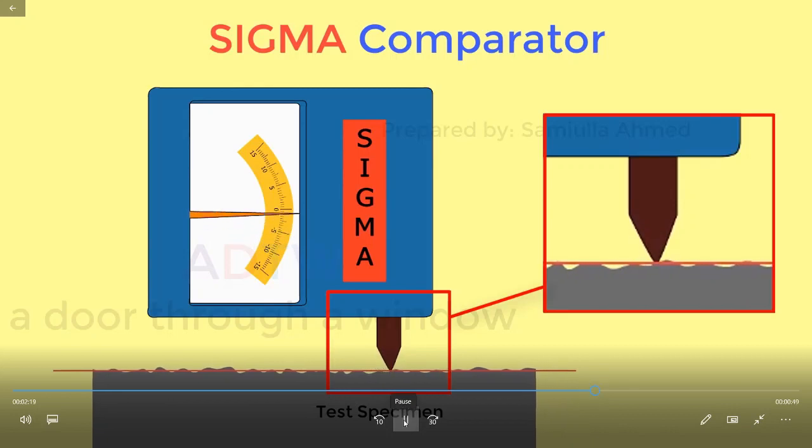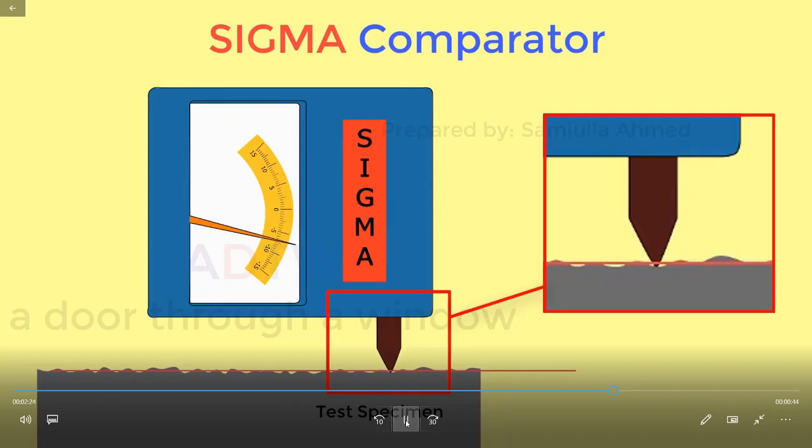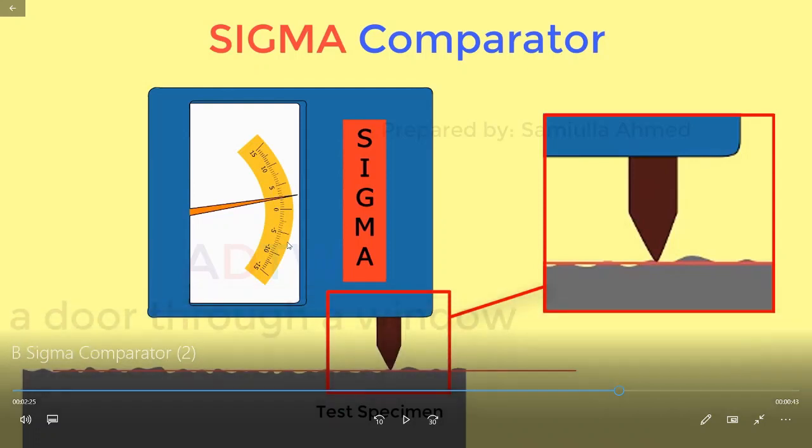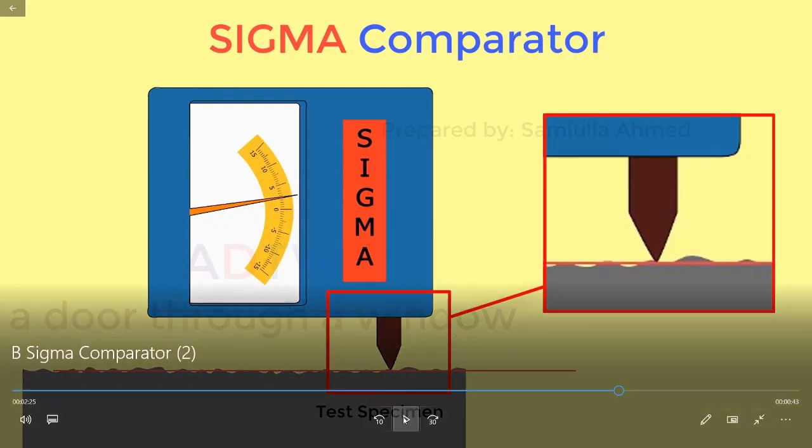Any difference in the measured dimension of the specimen will result in either the lowering or rising of the plunger. Now here you can see at the center 0 is there, and on the upward side 5, 10, 15, and on the downward side minus 5, minus 10, minus 15. So you can set the two limits, upper limit and lower limit, for how much deviation we can permit on the workpiece. If the deviation is within that limit, then we can accept the job, and if it is going outside the limit, then we have to rework the specimen.